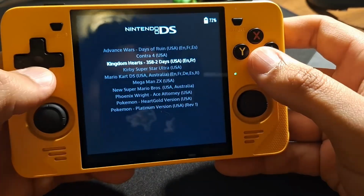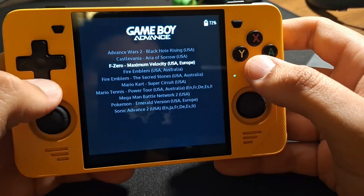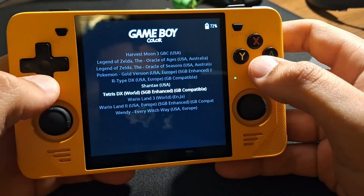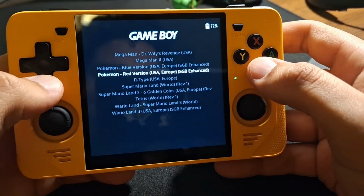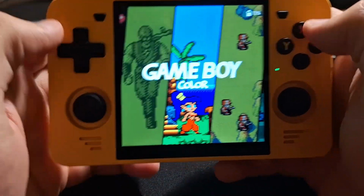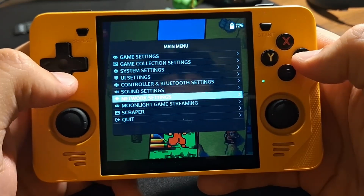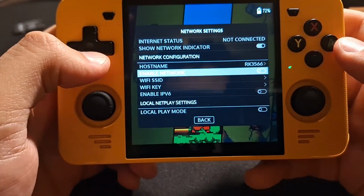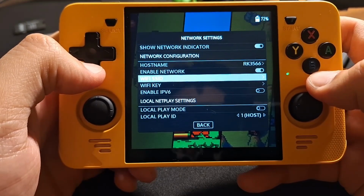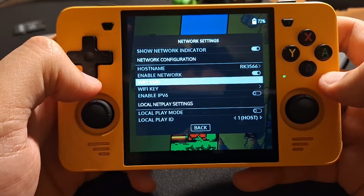However, none of the games will have Boxart. So that's going to be our next step. We're going to do a little bit of scraping, okay? See, all your games are in here. Everything looks good. So now I want you to go ahead and press Start and go down to Network Settings. So go ahead and click Enable Network right here, and then you want to click Wi-Fi SSID,